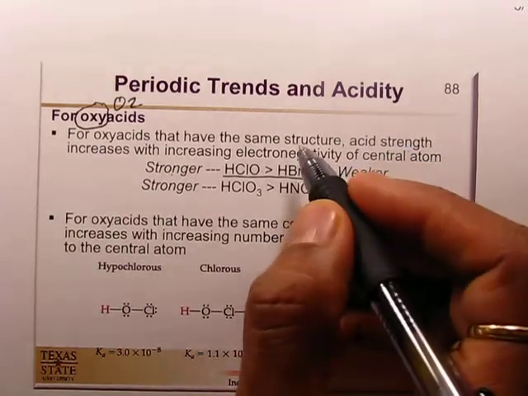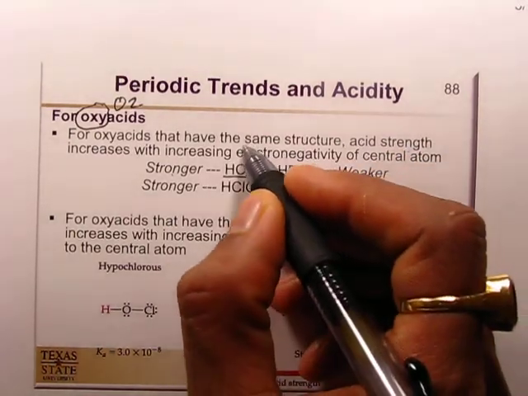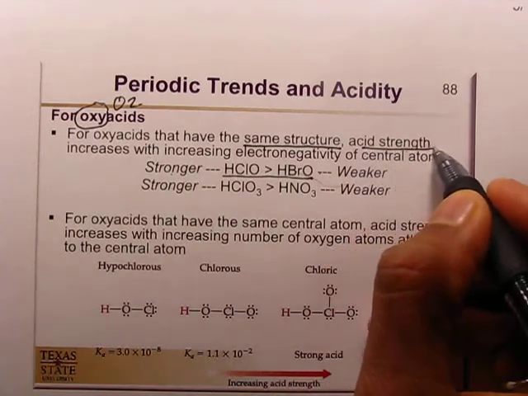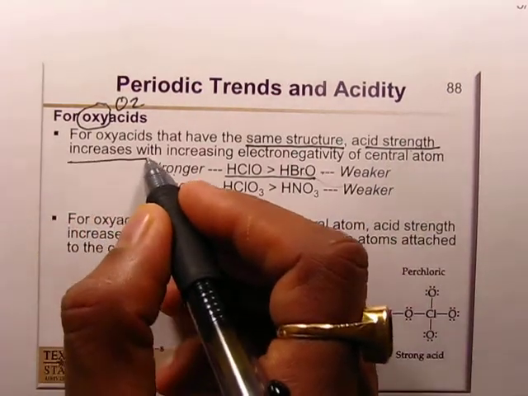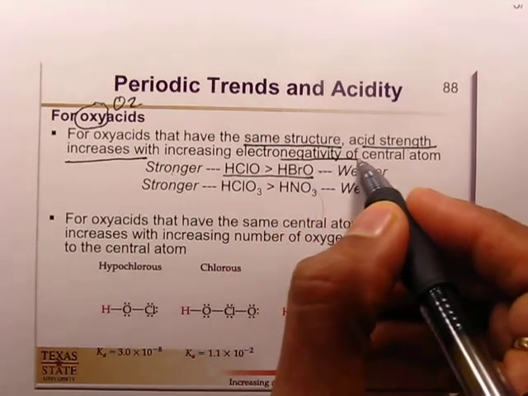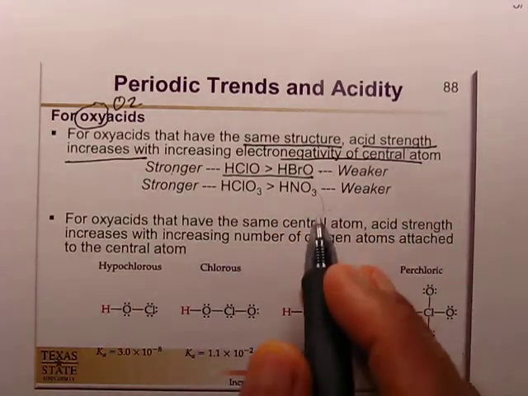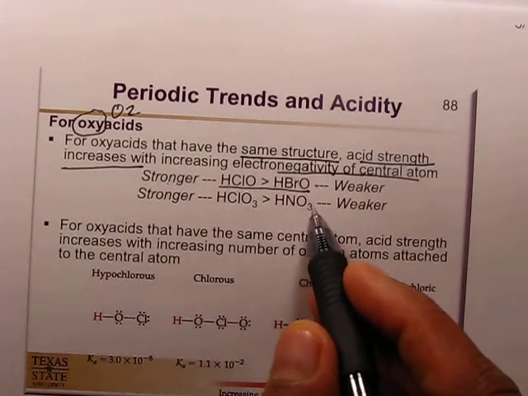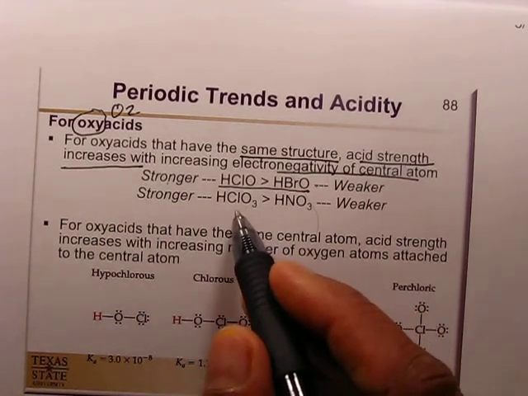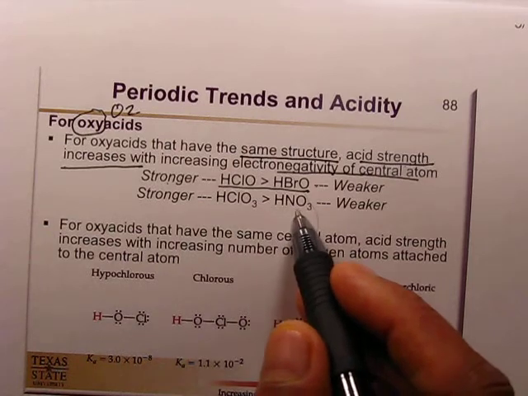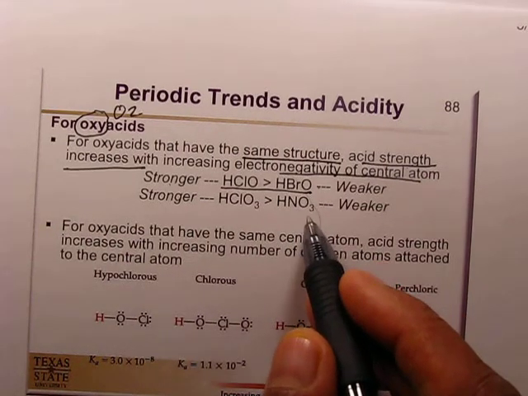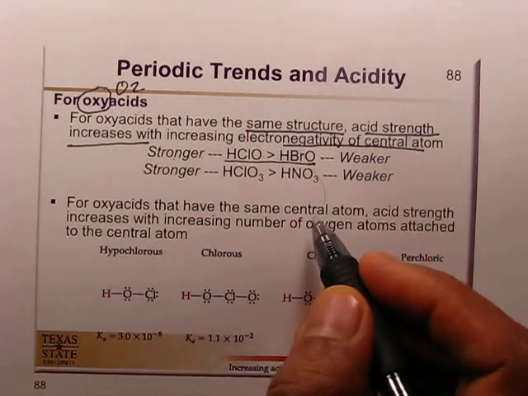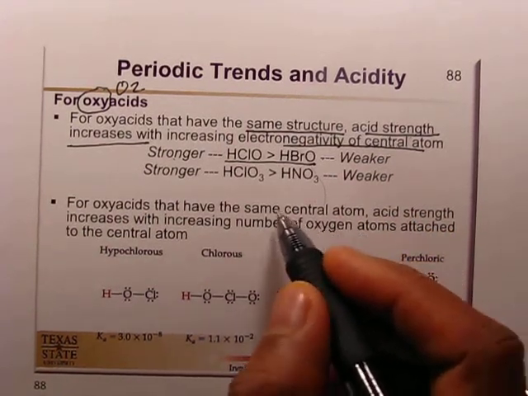So this rule we have to follow, that same structure and acid strength increases with increasing electronegativity of the central atom. So same structure, HClO3 and HNO3, and HClO3 will be a stronger acid than HNO3 because nitrogen is less electronegative than chlorine. For oxy acids that have the same central atom,